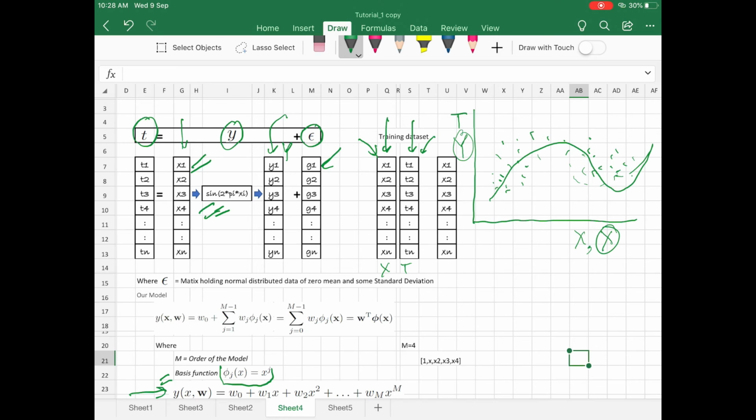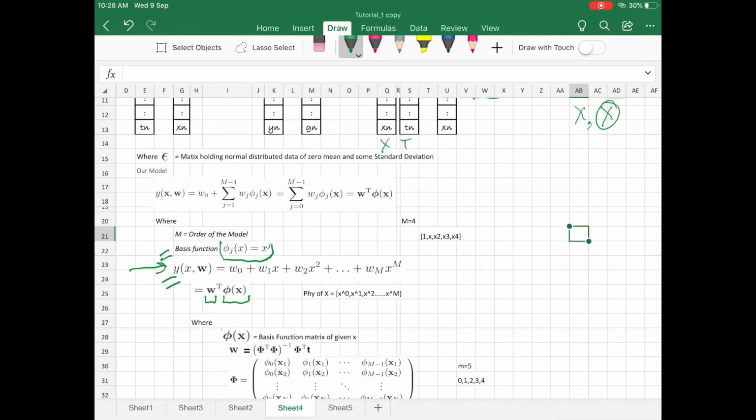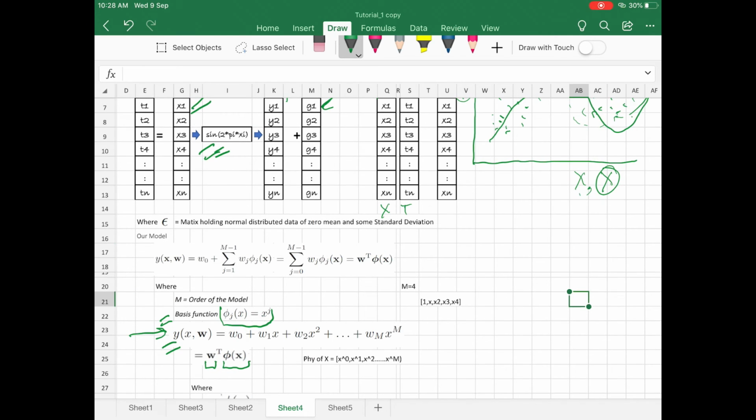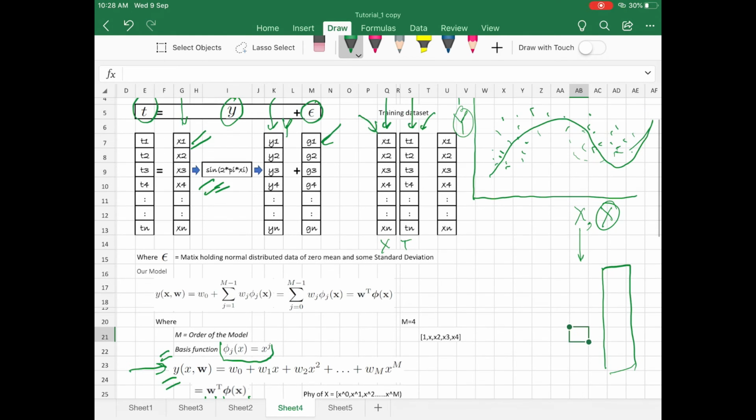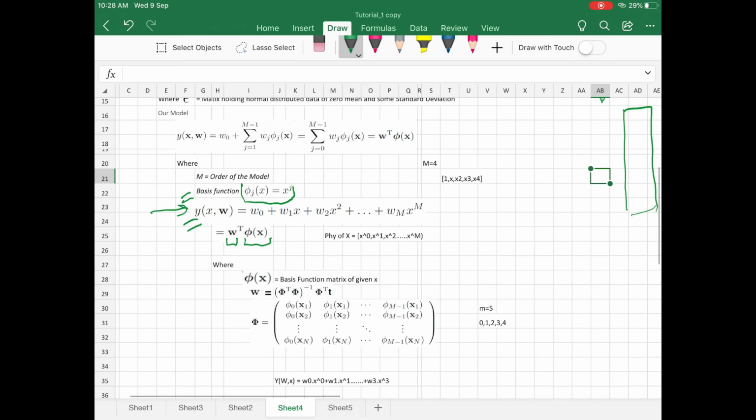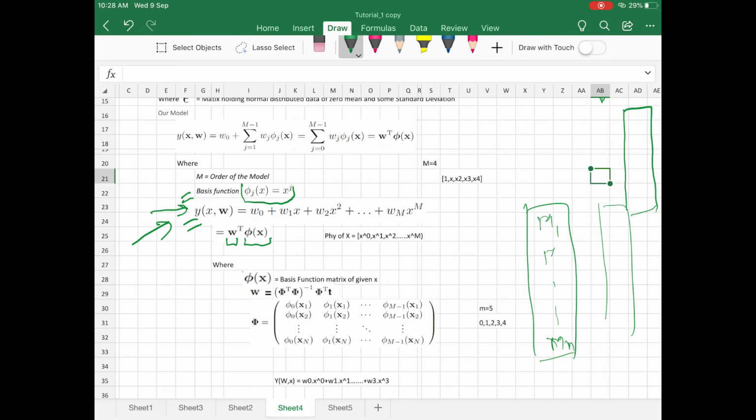Now once we have our model ready, we will again use the same input data x. We will give each element of x, meaning x1, x2, x3, to the model which we have created here, and we will create another matrix, the model output m1, m2, m3, and so on up to mn for each xn, right?